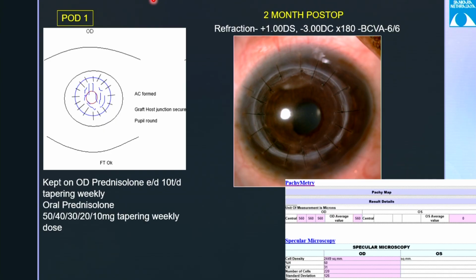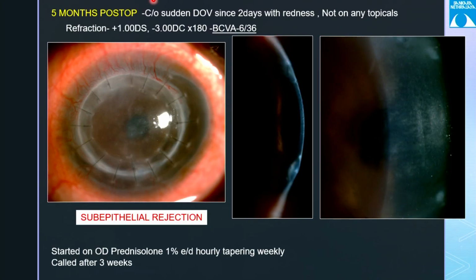Here we can see that the graft is a little on the eccentric side, but the sutures are absolutely intact with a clear graft. And the pachymetry and the specular microscopy also show that the endothelial cell count is within normal limits. At 5 months post-op, the patient complains of sudden diminution of vision since the last 2 days with redness, and he gave a history that he was not putting any topicals. The best corrected visual acuity came down to 6/36, and here we can see a graft which is hazy,